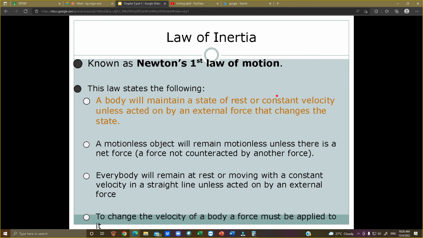If the object is moving, it will keep on moving at the same velocity unless there is an external force. Maksudnya kalau kita letak satu bola, bola tu tak bergolek, dia takkan bergolek except you kick the ball. If you kick the ball, means you give external force to the ball and it goes. Okay, daripada kosong kepada sesuatu kelajuan means there is acceleration. When there is acceleration, it is not in a state of equilibrium. So Newton's first law talks about equilibrium.